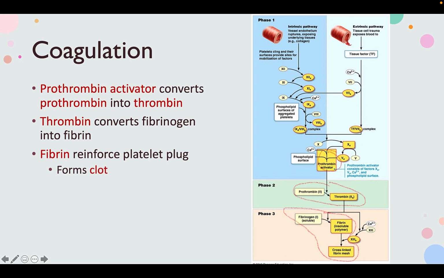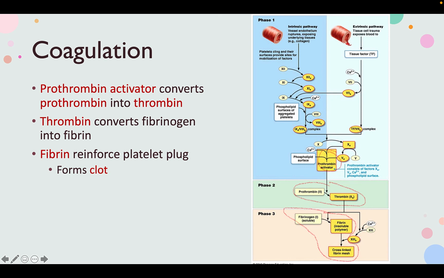A lot of stuff going on here. Don't get bogged down with it. I'm going to break it down. We're not going to go through all of it, and you don't need to memorize all of this. Just know that basically what we're looking at is down here. So that prothrombin activator was released by the platelets, and this converts prothrombin into thrombin. So prothrombin is kind of just circulating around, and prothrombin activator activates prothrombin, turns it into thrombin, and thrombin then